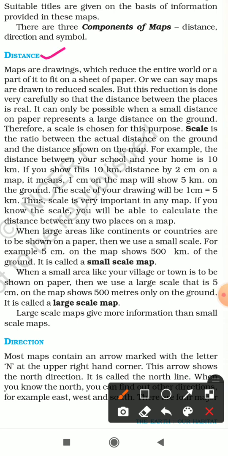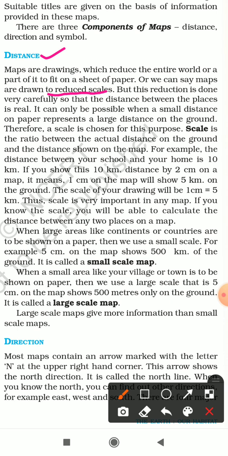The first component of a map is distance. Maps are basically drawings which reduce the entire world or a part of it to fit on a sheet of paper. Or we can say that maps are drawn to a reduced scale. But this reduction is done very carefully so that the distance between the places is real.